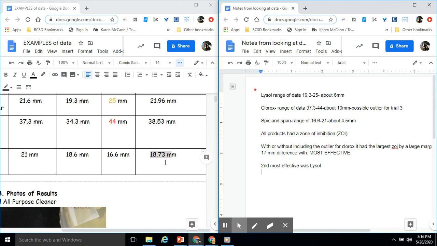But when they're super close together, it's kind of like saying 97 pennies versus 98 pennies. There's not a big difference between 97 pennies and 98 pennies. There's a bigger difference between 50 pennies and 75 pennies. Not a huge difference because they're pennies, but you get the idea. So be real careful, because when numbers are super close together, they're not necessarily going to mean that one is more effective than the other. So you could technically say second most effective was Lysol, but you could also easily make the argument